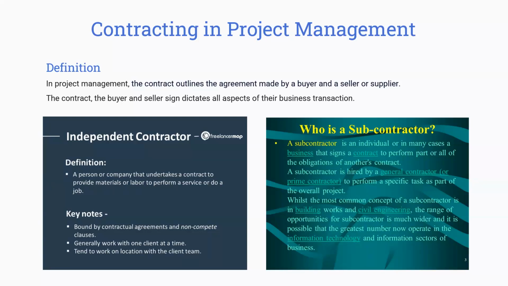Even though the prime contractor is getting the goods from the subcontractor, from the organization's point of view, the raw materials are provided by the prime contractor only. So there is no communication between the organization and the subcontractor. For example, if the quality of raw materials supplied by the subcontractor to the prime contractor is not good, and the prime contractor now supplies the goods to the organization,